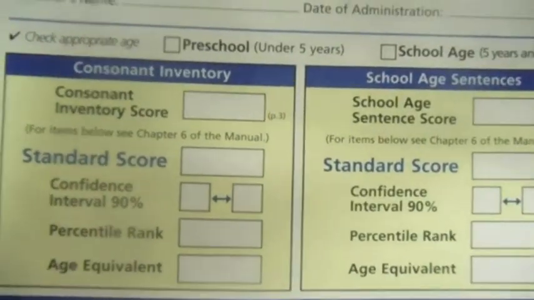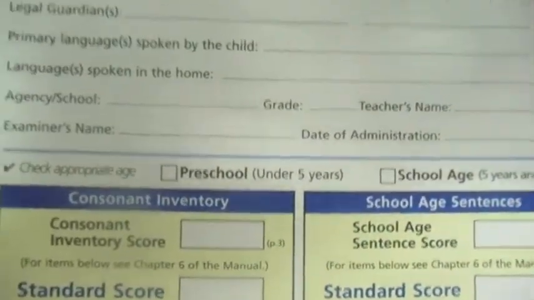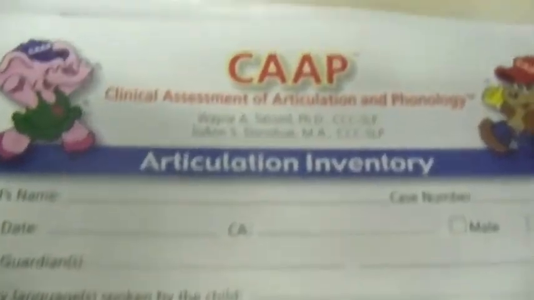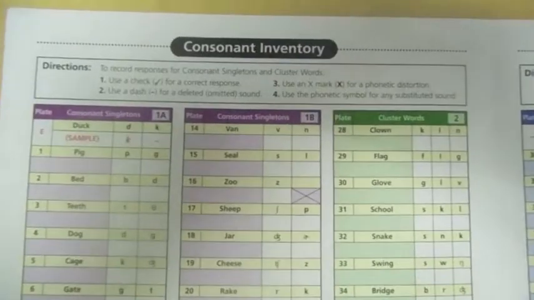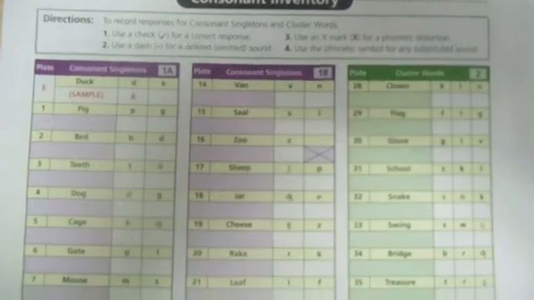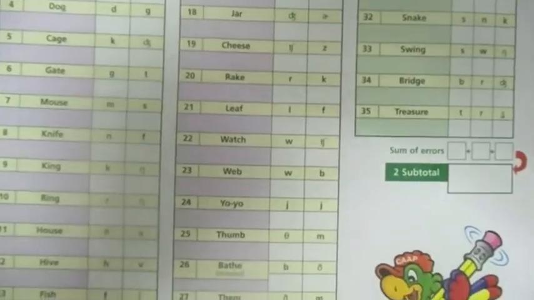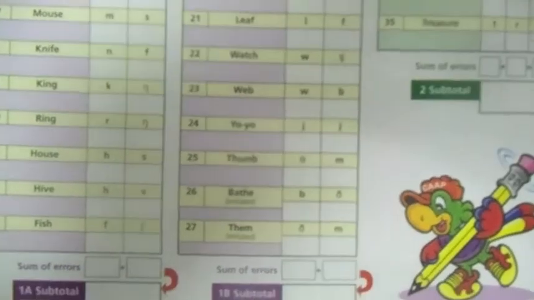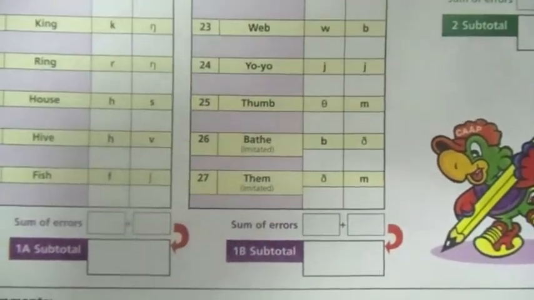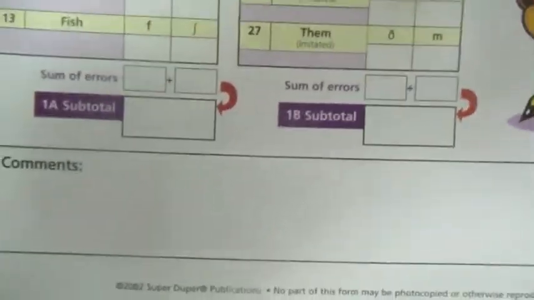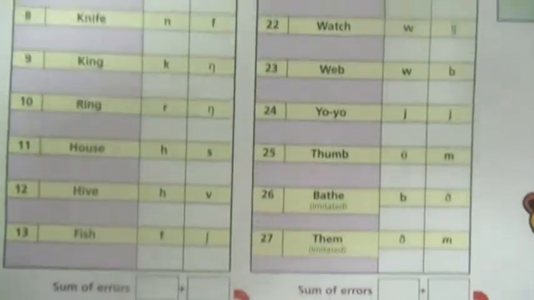The first page is used to identify the client's information and presents all of the scores. The second page is where the clinician records the child's responses for consonant inventory, consonant singletons, and cluster words. The bottom of the second page provides a space for comments and a place to summarize the child's speech sound